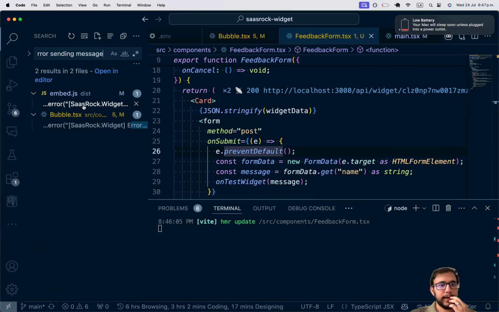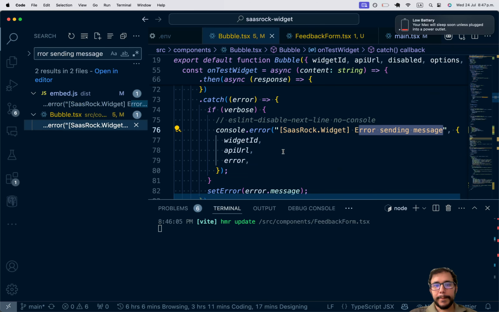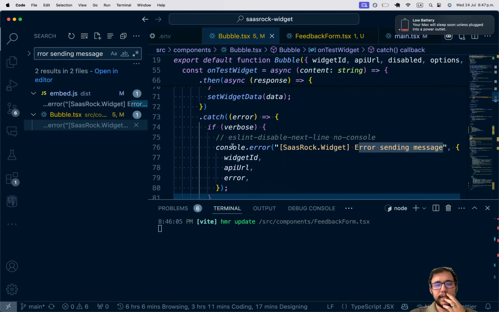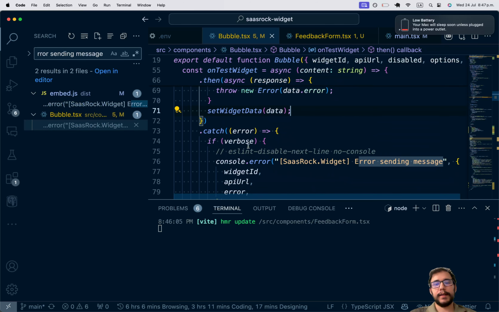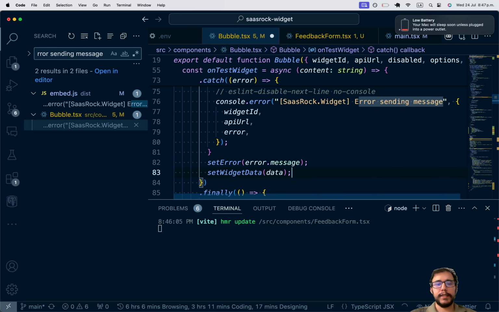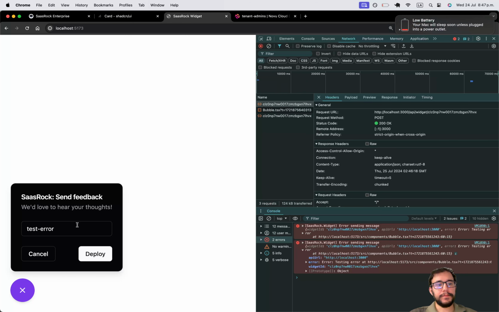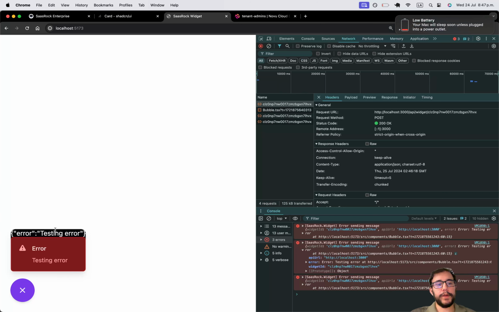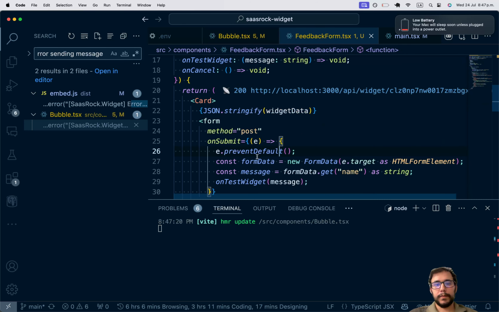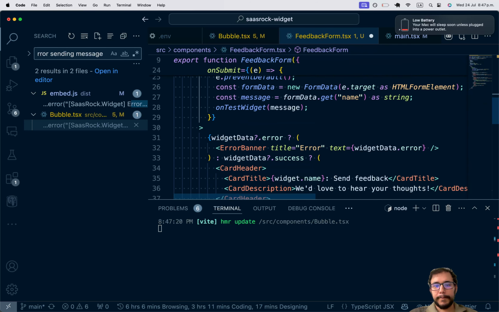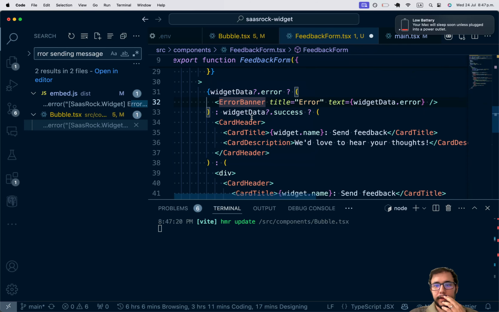Let's try and catch. It's only setting the error, but not the widget data. And I think this was a mistake on this. So I'm gonna set the error like this and try again. Okay, so now we get the testing error. So going back, if it's an error,